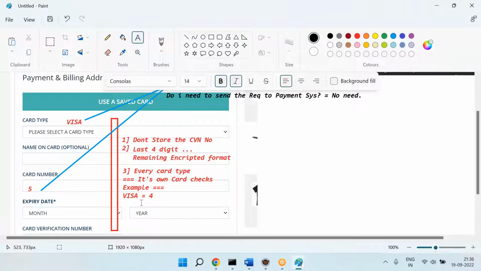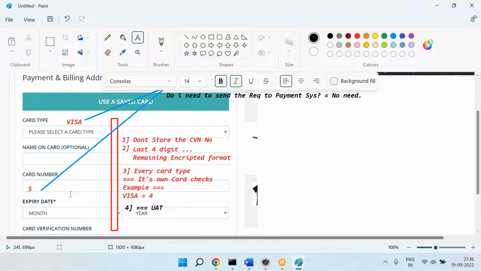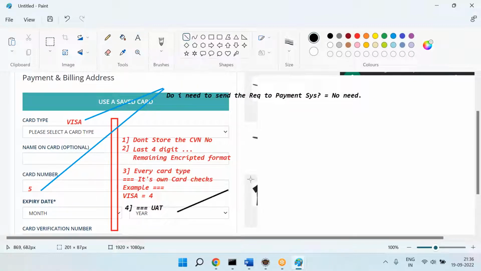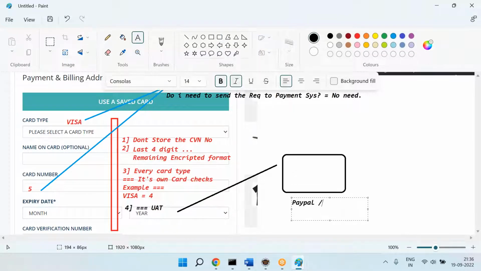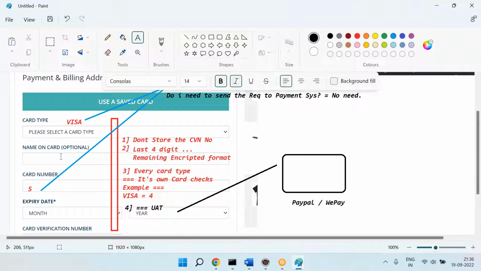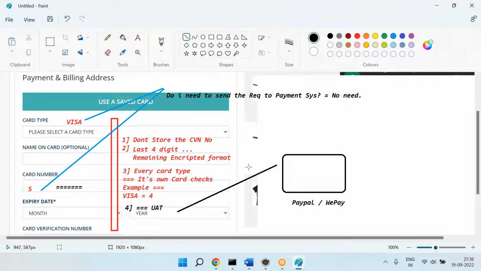Okay, next, one more point, so please remember this. Let's say you are in the UAT and you interact with the payment system, let's say PayPal or VPay, whatever it is. Now here you are entering some card information, right? You are entering some card information, and if you enter whatever you want,